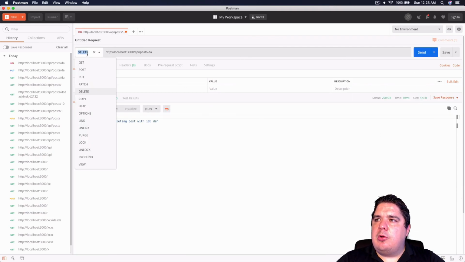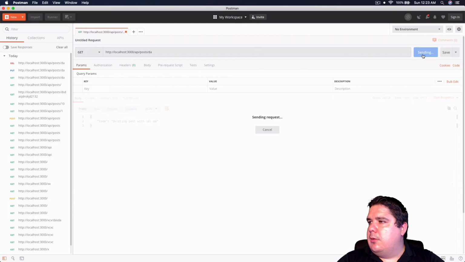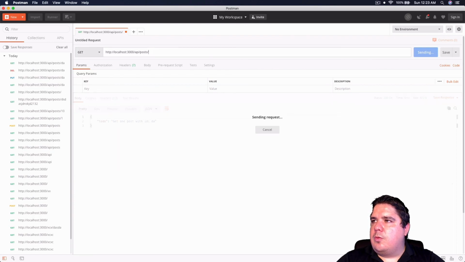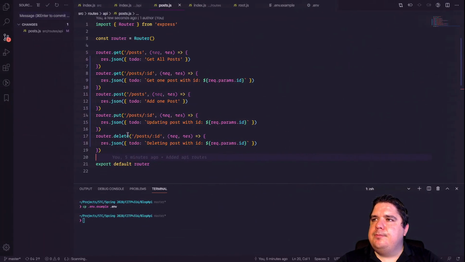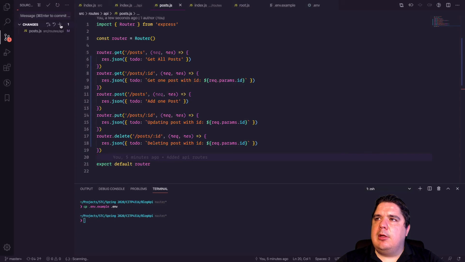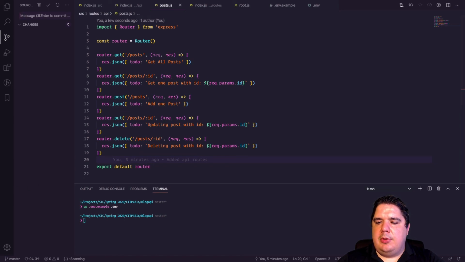So we have all the routes that we actually require, and then the logic and the functionality will come later. Now that we have that, let's actually stage it and put added post routes. Now that we have the post routes there,